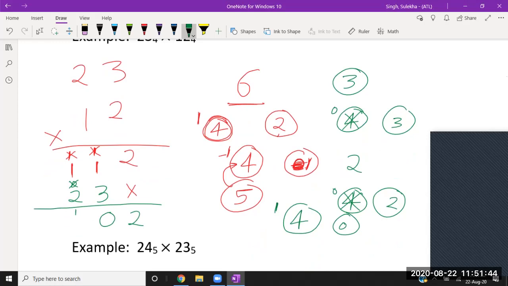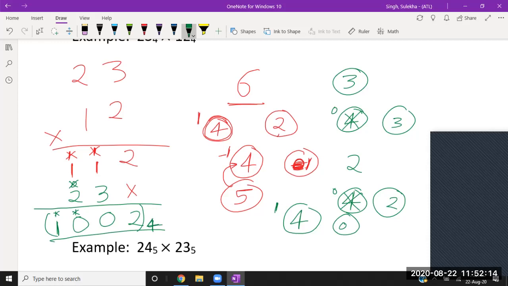In the next step, 2 plus 1 is 3. 3 plus this carry is 4. Again, I am getting 4. With this 4, I can make one pair of 4 and the remainder is 0. So that is 0. I have already used this carry, and since I have made one pair of 4, again one carry is there. Since there is no further addition, I will write this carry as my number. And this is my final answer in base 4.